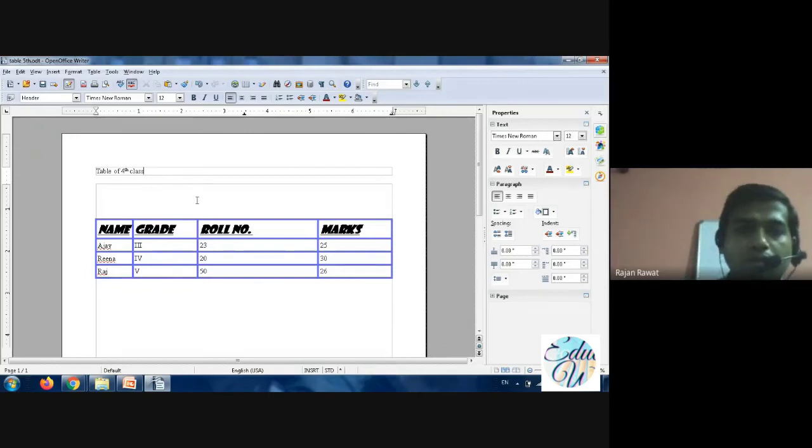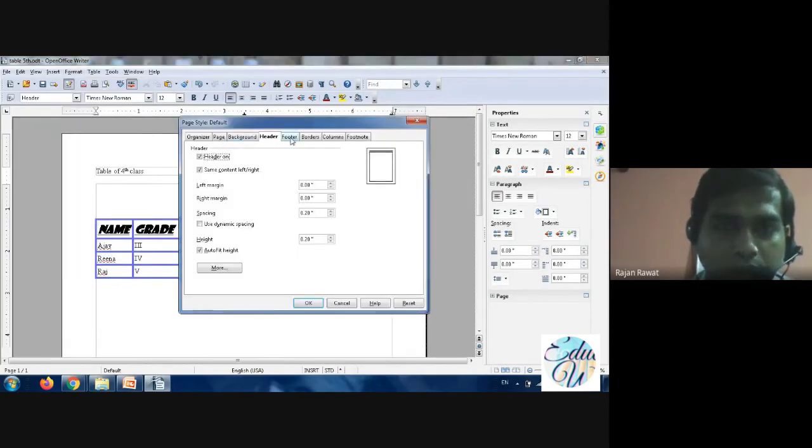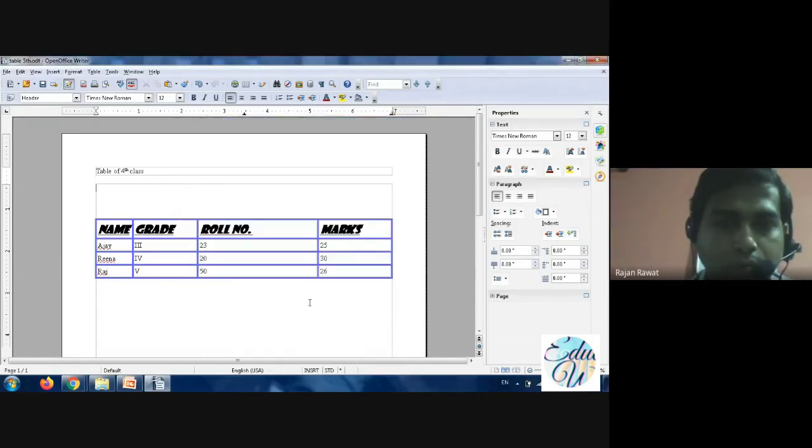Whatever heading you want, you can do as you place a header. So I have given table of fourth class. This is the heading that is called header. And now I want to place a footer. So again you have to go to Format, go to Page, click footer, and check this box, and now you have to click OK.